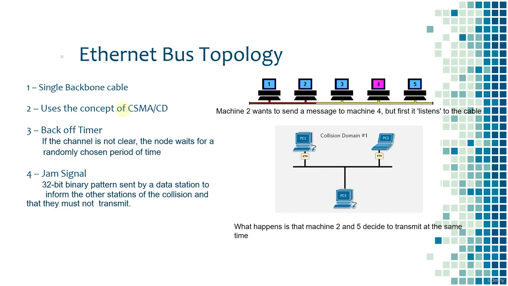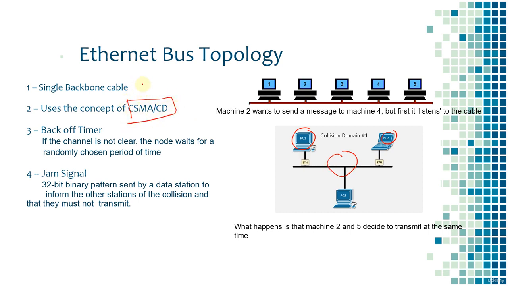Of course, if 2 sends a packet and 4 sends a packet, let's suppose PC1 and PC2 send a packet at the same time. Then the packets are going to collide over here. To avoid this, the mechanism is called